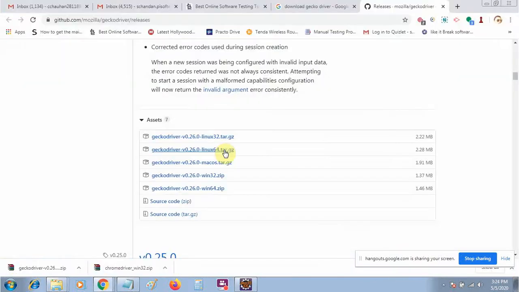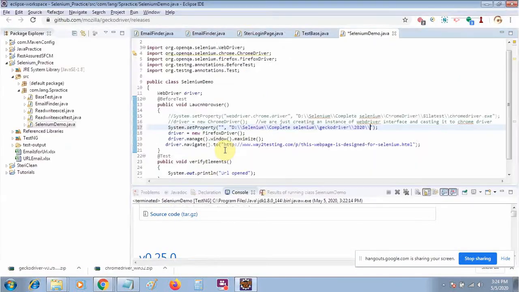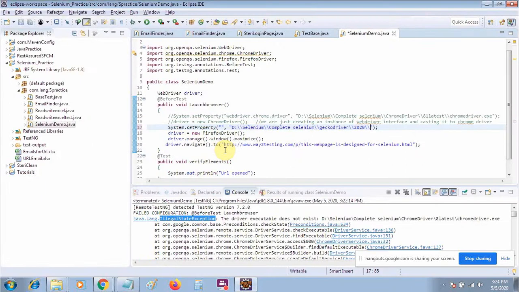And then you have to write here the Gecko driver. Just type here geckodriver.exe. And again here you have to pass webdriver.gecko.driver. So for Chrome you need to pass the Chrome driver, for Firefox you need to pass the Gecko driver, also geckodriver.exe, in this way. So now we will open our Firefox.